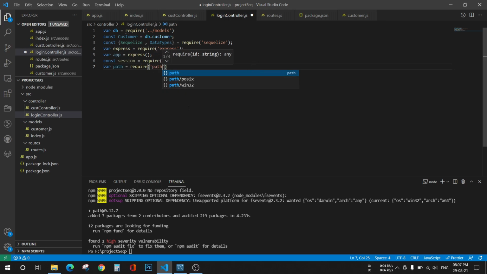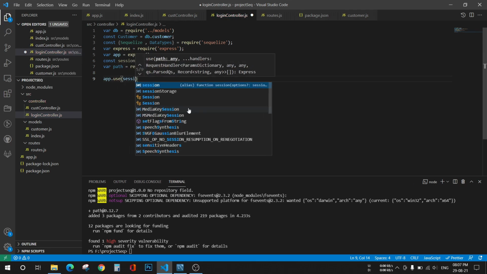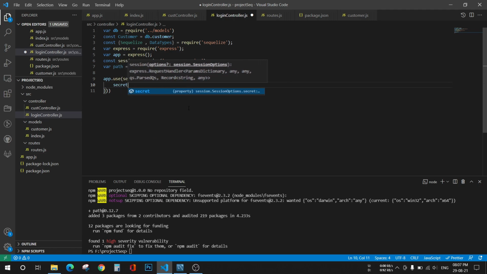Okay, so now let's create our first session. app.use session, secret, that will be a secret.